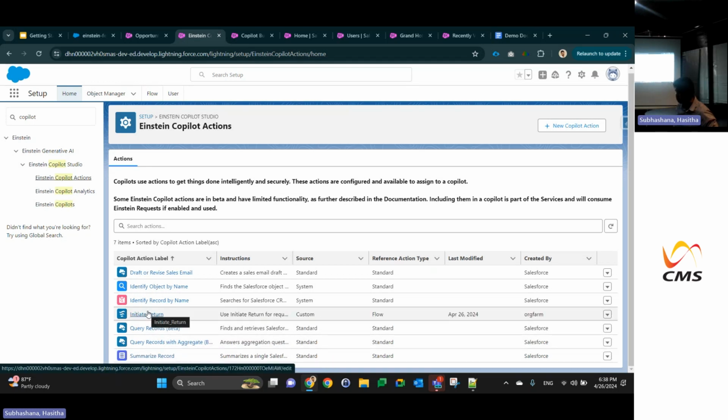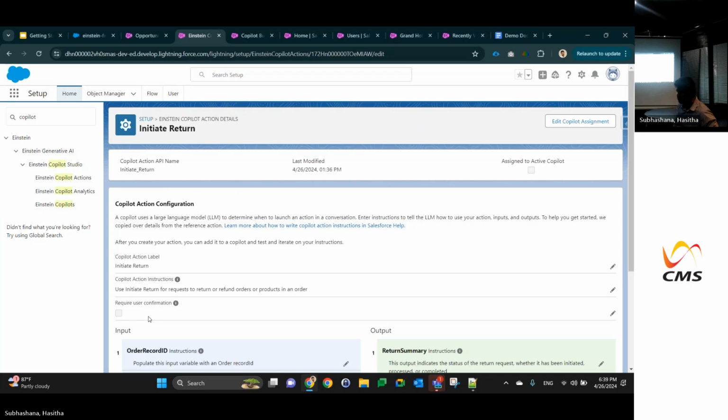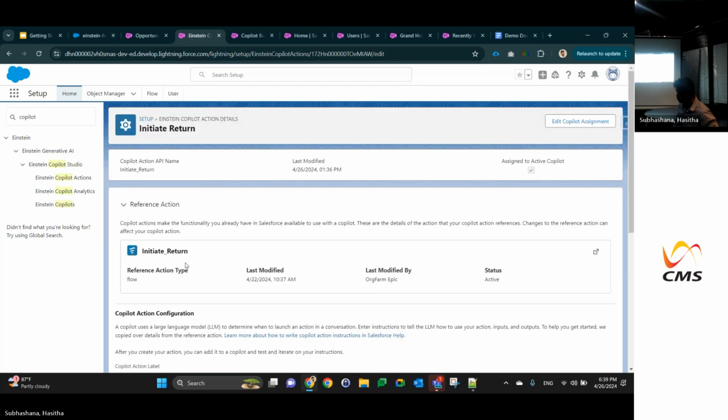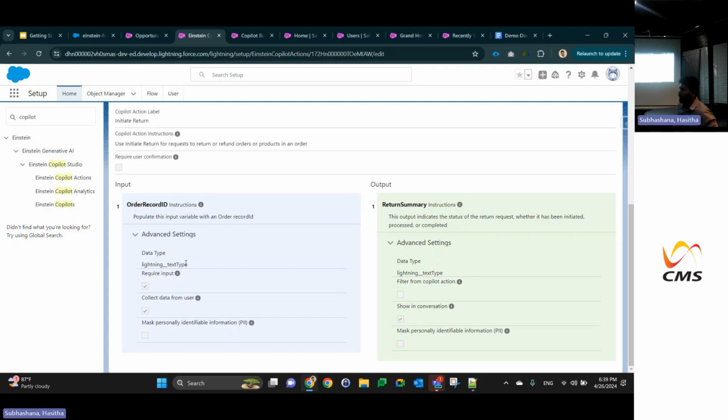So let's go into this one. Also, you can see the button here for new Copilot action, and this is where I created my Copilot action. So let's go into this. In here, I have provided some information that is useful for this action, so it can use. If you check,